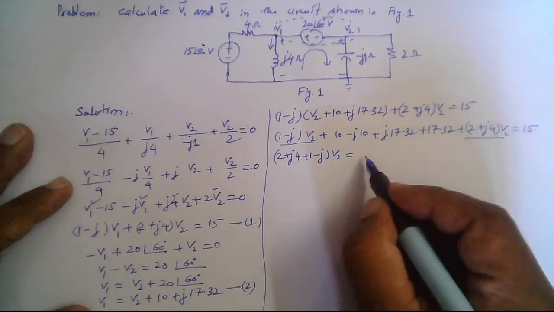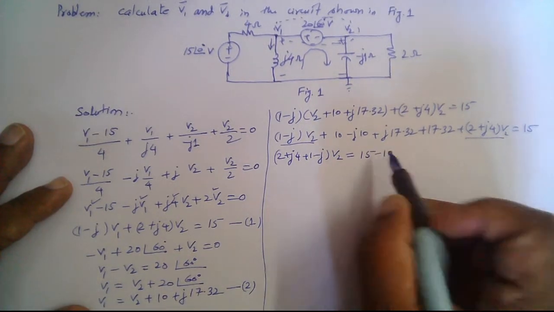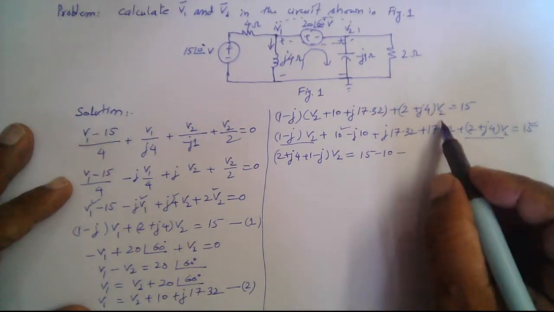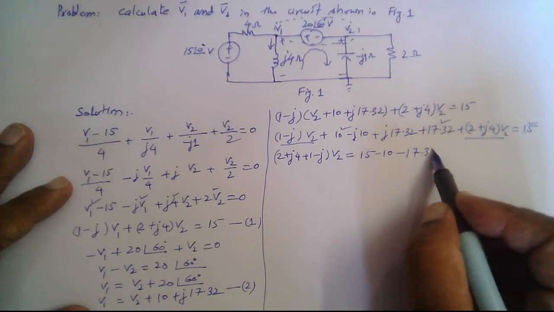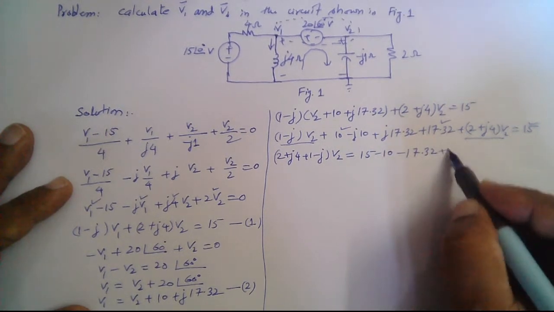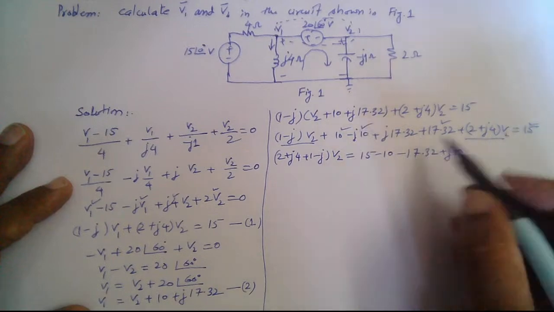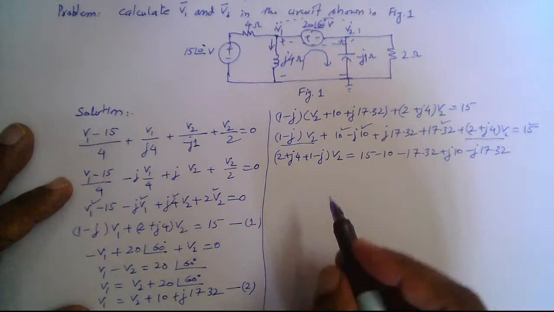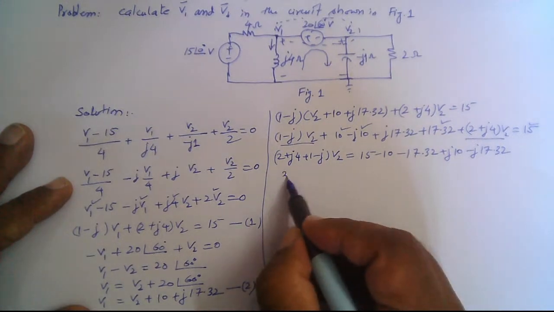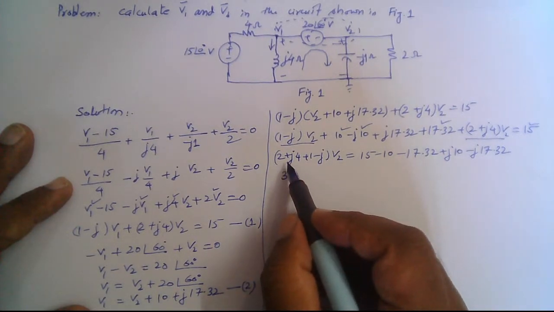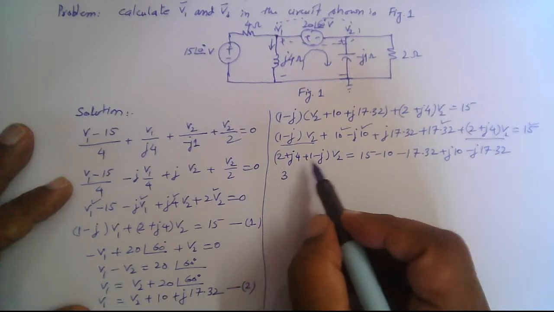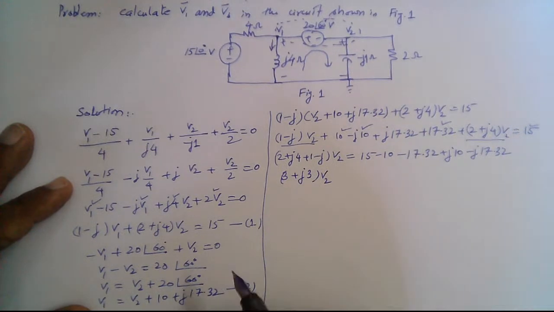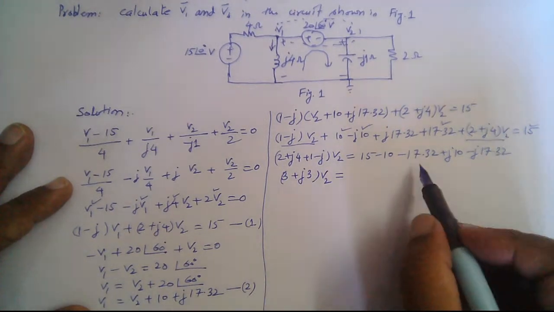So 15 minus 10, and then minus 17.32, then plus j10, right? And then minus j17.32. So that becomes 3 (2 plus 1 is 3), plus j4 minus j plus j3, so (3 plus j3) v2 is equal to 15 minus